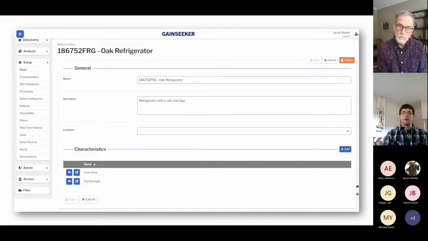You can see at the bottom here that we're attaching characteristics to parts. The idea behind this is that on an inspection, you can select a part and then all the characteristics you measure in that part automatically populate. So that leads to dynamic inspections without code,